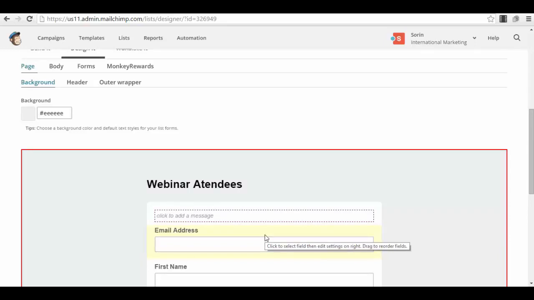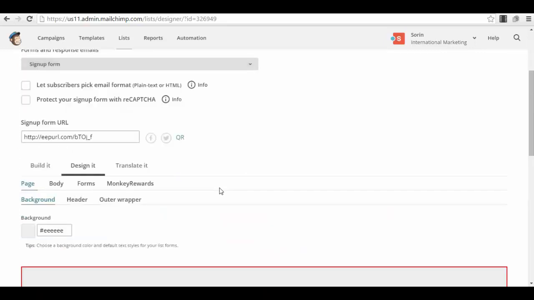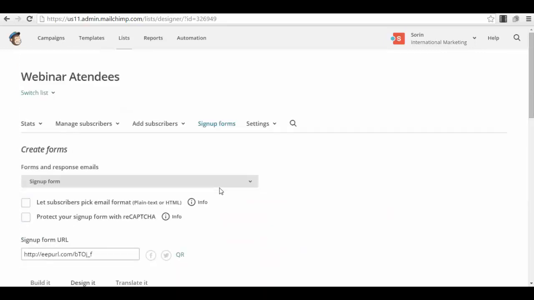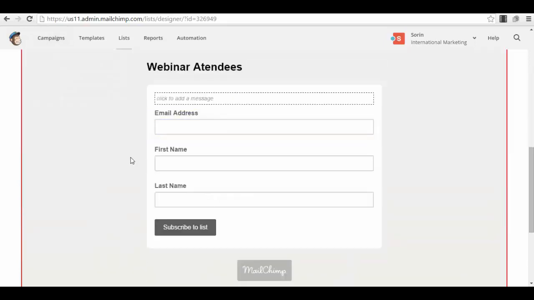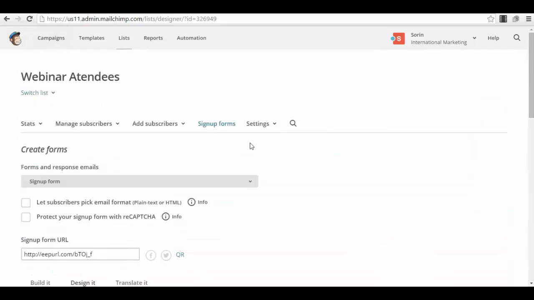But this is not a very bad thing, though it will lower your conversion rate overall. On the other hand, you will have more quality leads for the webinar. Now, one thing that you can also use, so you won't have to create a newsletter and send it to your lists every single time. Okay, you can do this, the next thing.